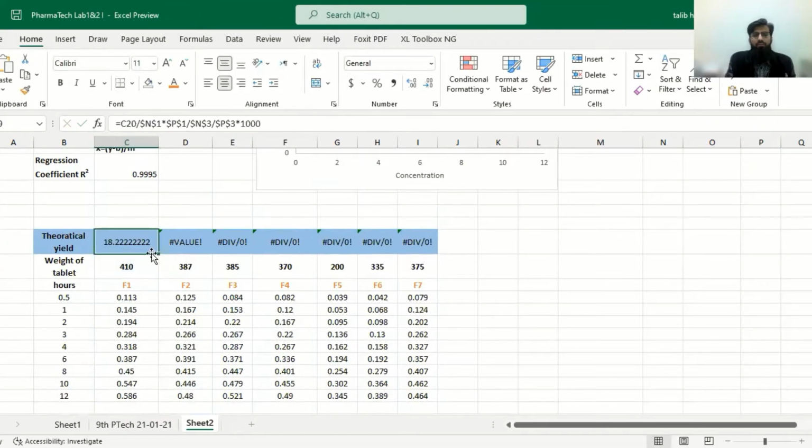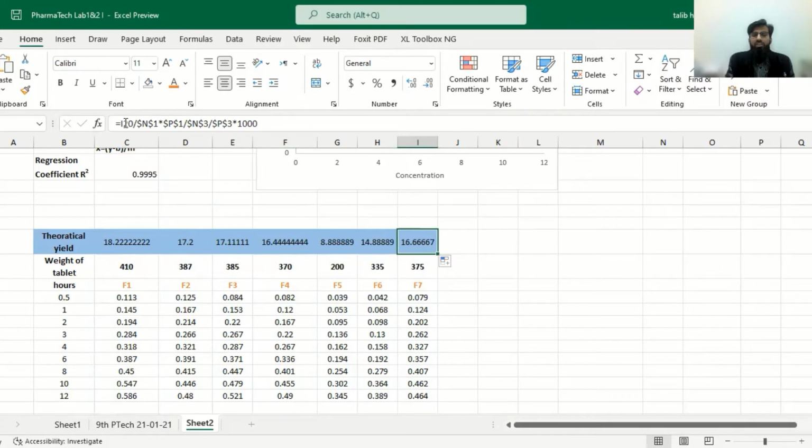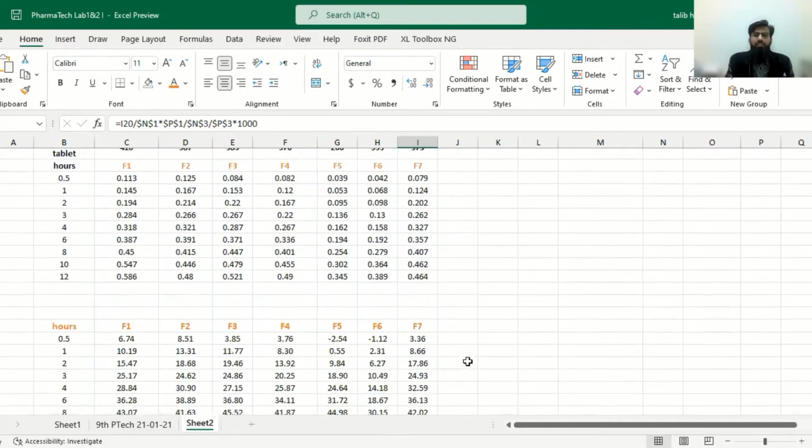So now if we drag this one towards the right, it will give the readings. For the next one, it took D20 only, and the remaining is the same. For this one, it took E20 and the remaining is the same. Similarly, for all the formulations, it changed the cells of row 20. The columns have been shifted from row 20 because we are dragging to the right side. So these theoretical yields will be calculated.